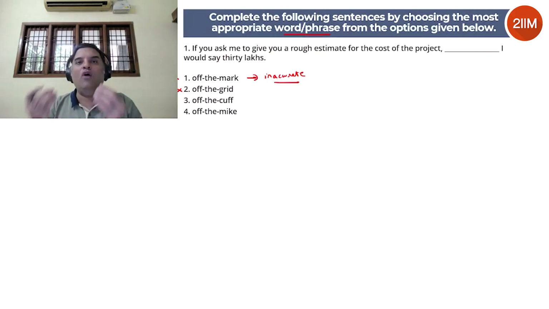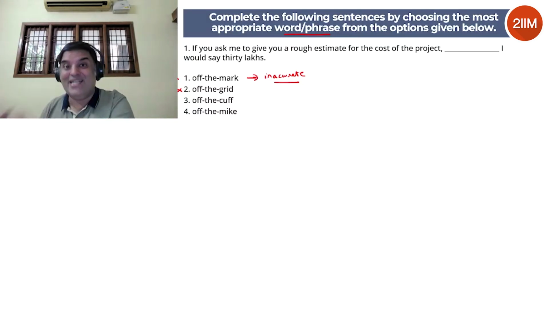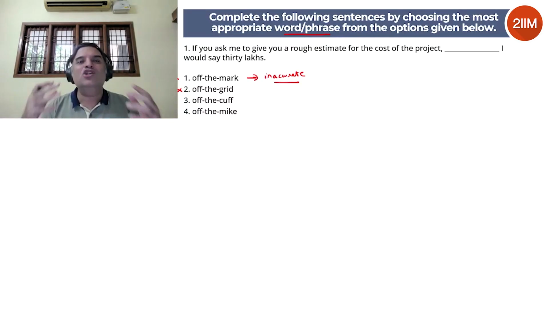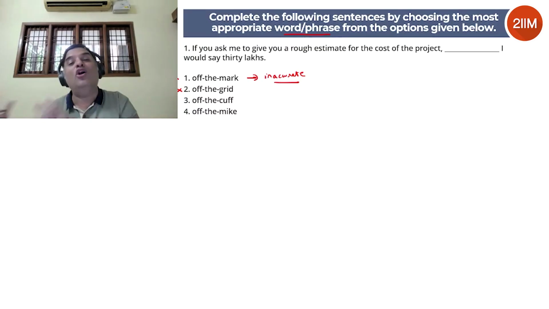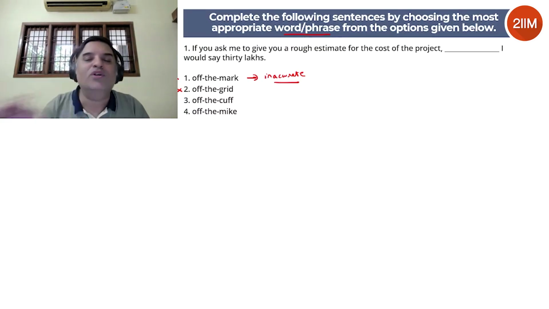So obviously, the number that you'll give, you don't have time or you won't think a lot about that number because they've asked you for a rough estimate, and they've asked you for it now. So you don't have time to think about it. You don't need to think a lot about it because you're giving a rough estimate. Something that you say spontaneously or without thinking too much is called off the cuff. So off the cuff beautifully fits there, okay, because you're giving them a rough estimate.